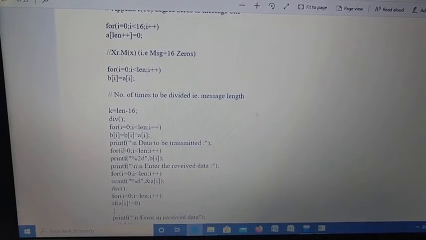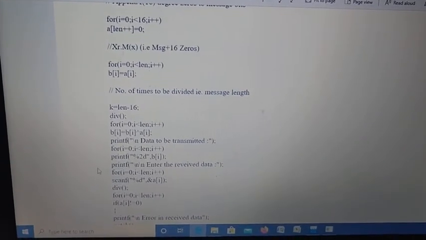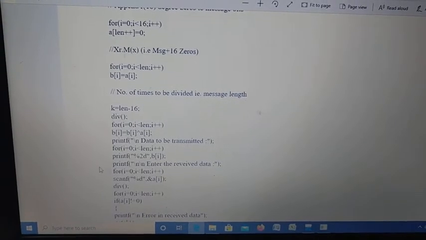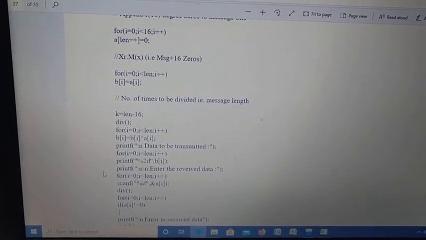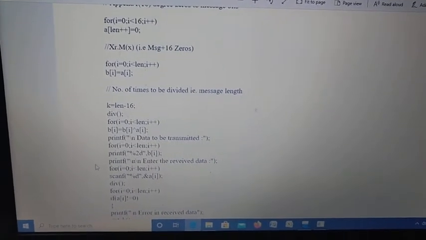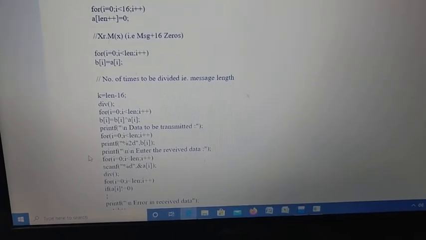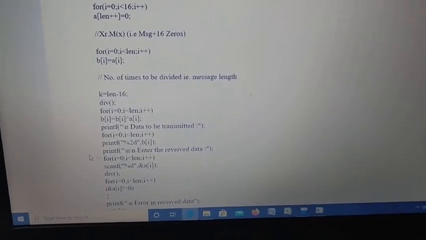Now, what is the data to be transmitted? Again we use a for loop to fetch the data from the array location: for i equal to 0, i is less than len, i plus plus. So 0 is less than len, that is 3. Here we have used %2d, a double integer location.